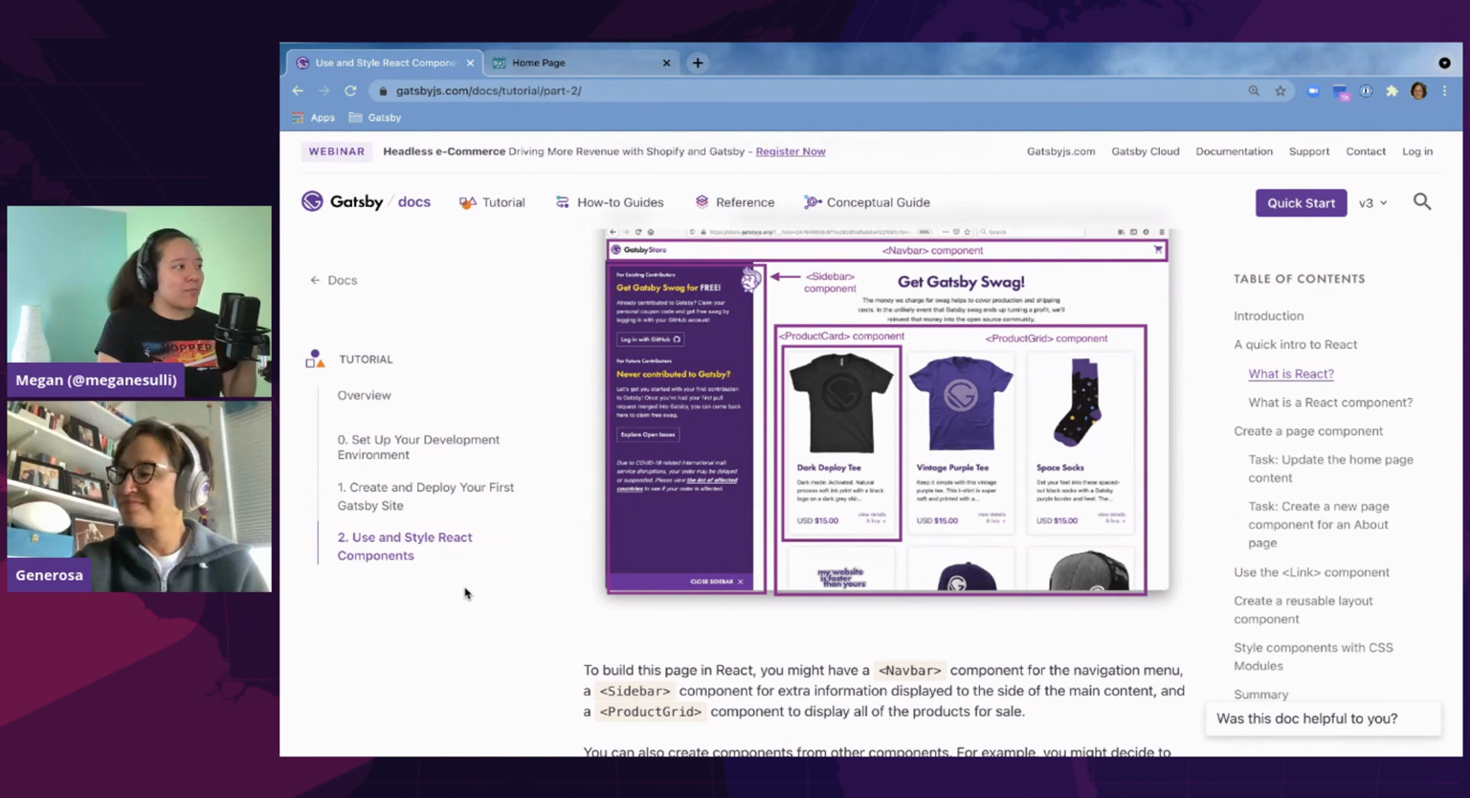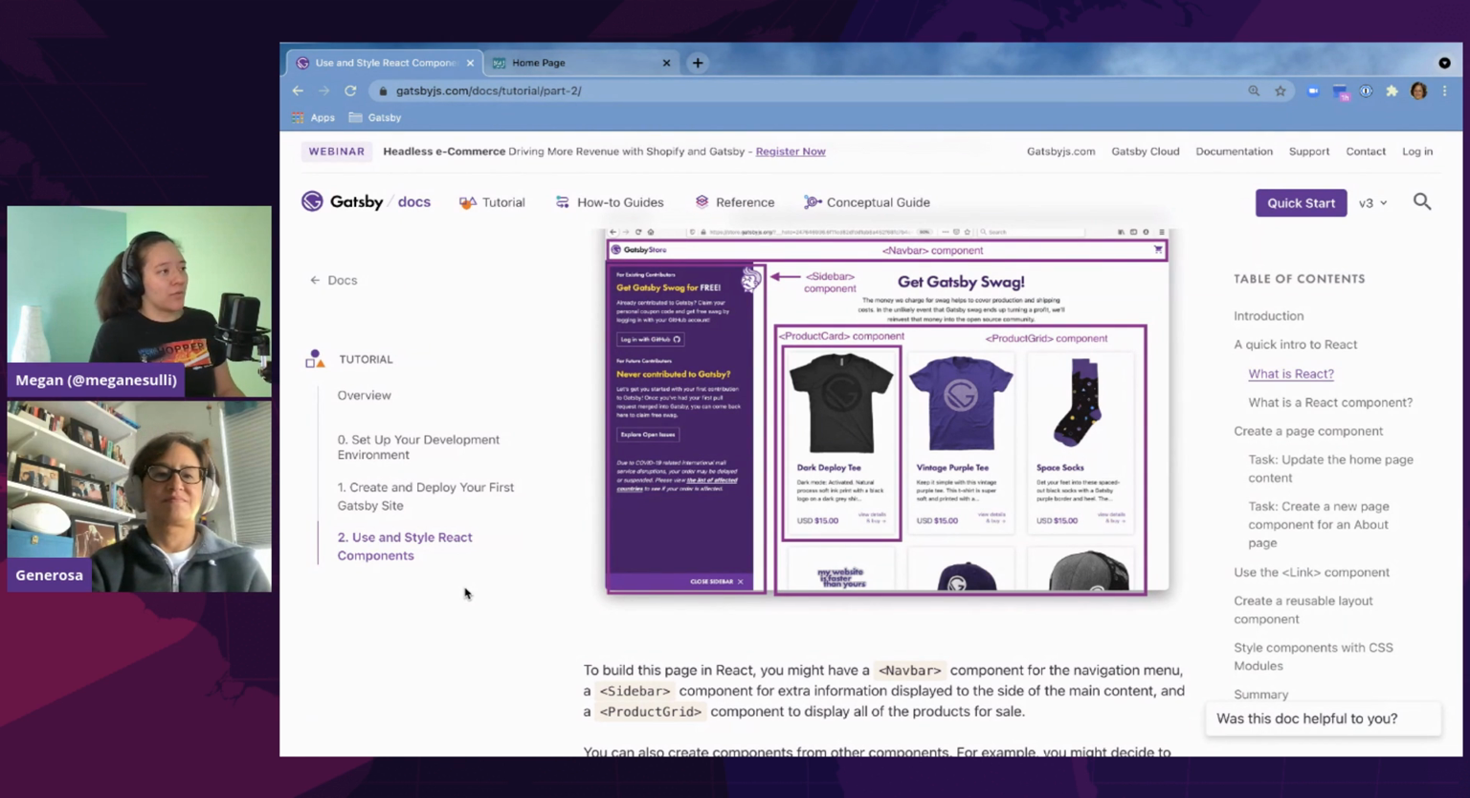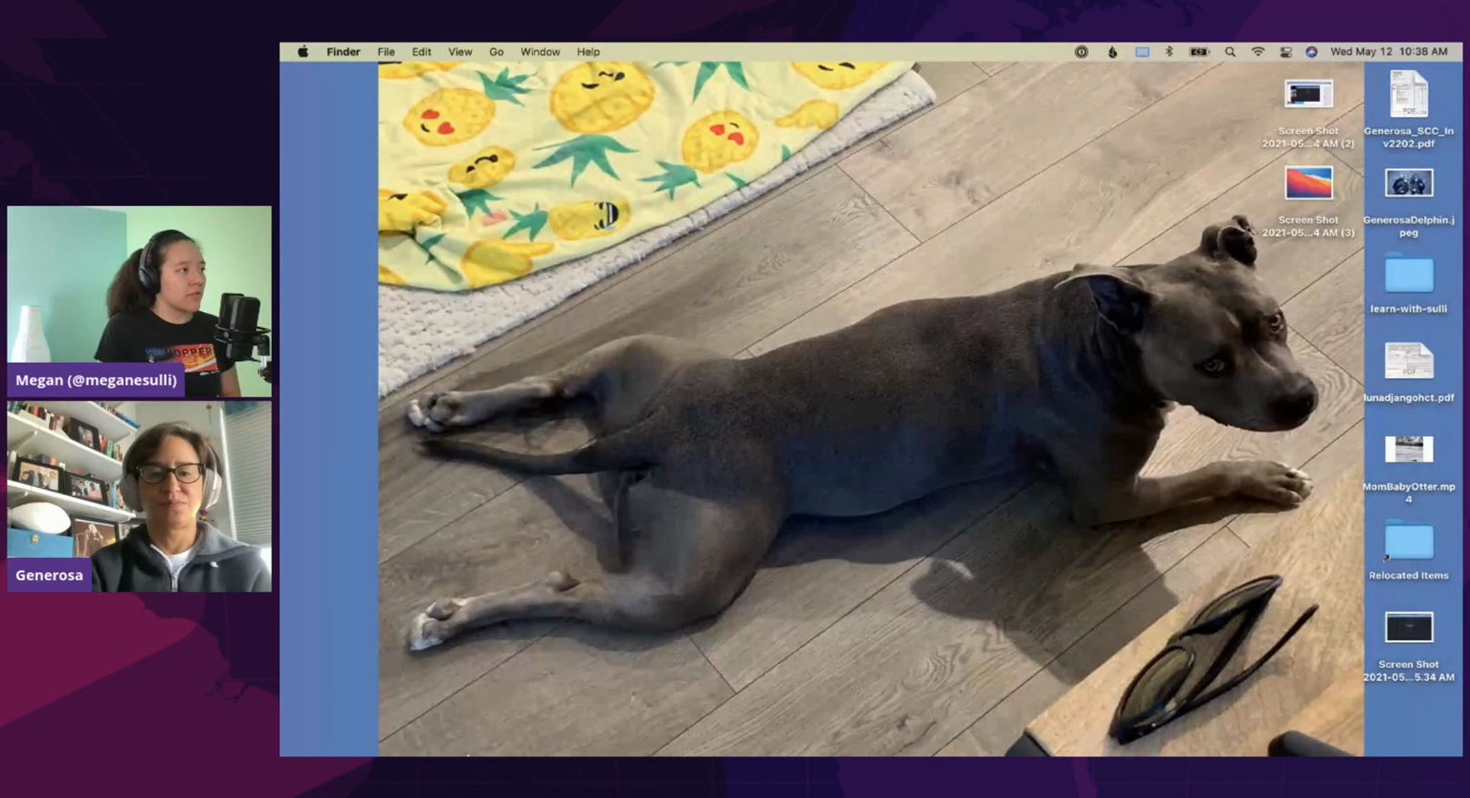But first, we're going to look at page components. A page component contains all of the content for an entire page. If you were to think of this like a Gatsby store page, you might have a store page component that contains all of these different smaller components, like navbar, sidebar, and product grid. It's like the uber component. Got it. So we're going to switch back to our code and make our first page